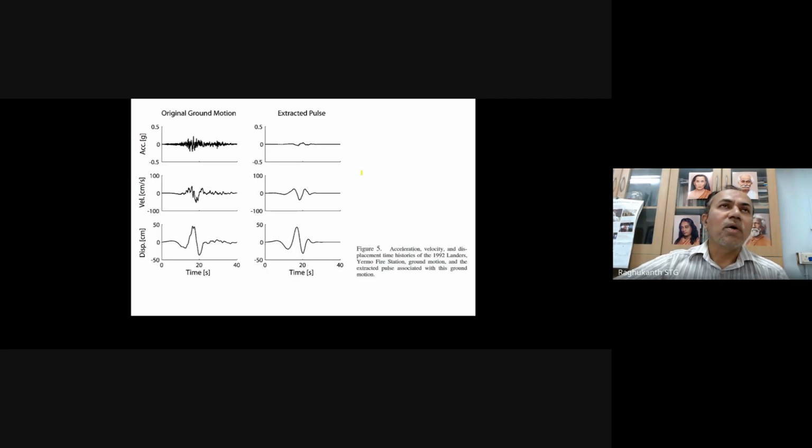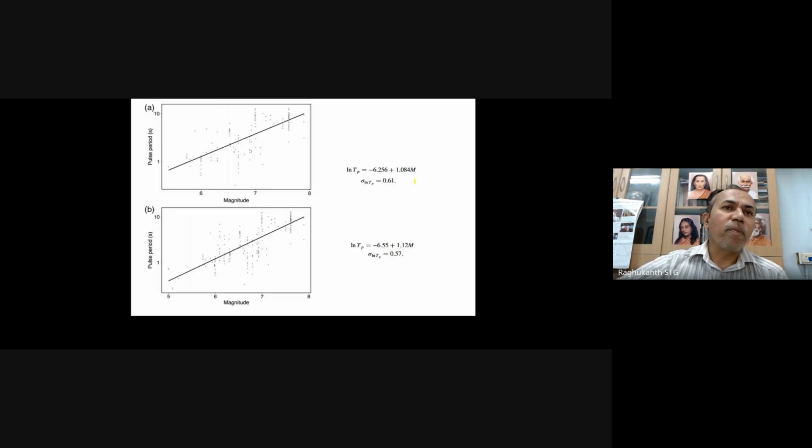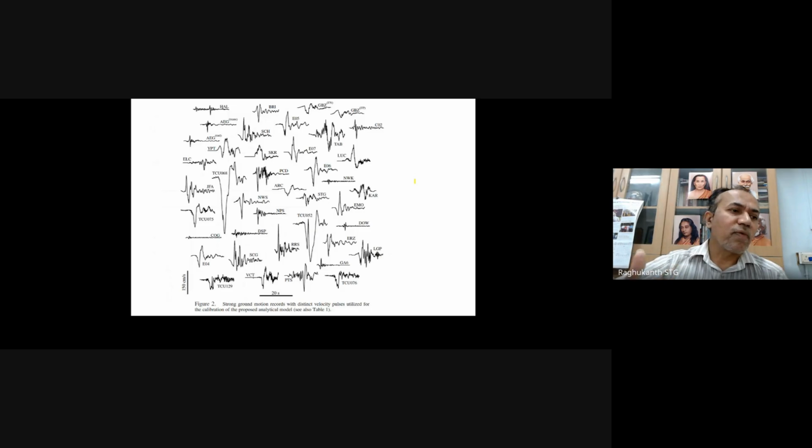So what we have done here also, if there is the original ground motion, the pulse will be like this in the ground motion when you are located in the near field. Now for these pulses, people have already calculated the time period of the pulse with magnitude. Some equations are already available in the international literature, and there is one near source ground motion data set itself available where you can analyze this data and estimate these pulse periods also. There are a lot of databases available because so many earthquakes occurred. We have a lot of data recorded very close to the fault. Almost I think 2000 to 2500 time histories are available, located very close to faults, which show this type of pulse type behavior.